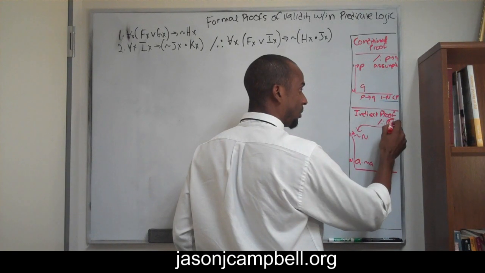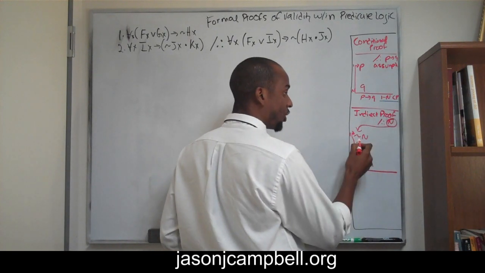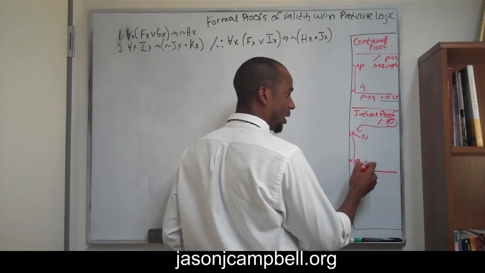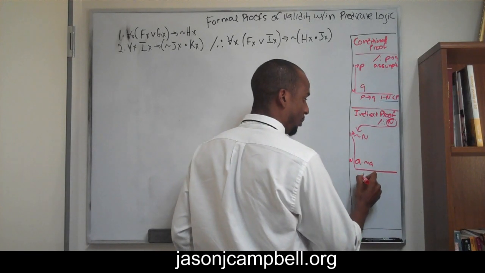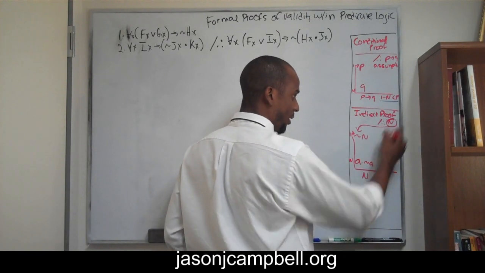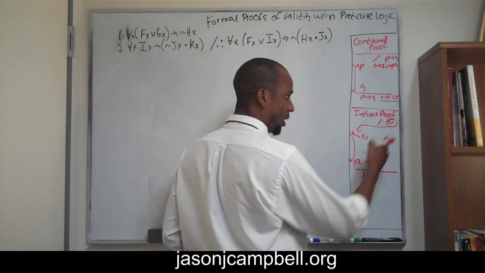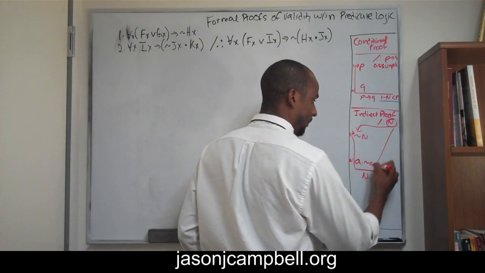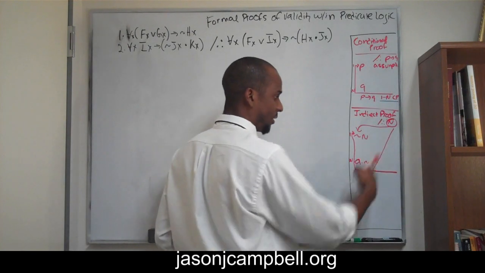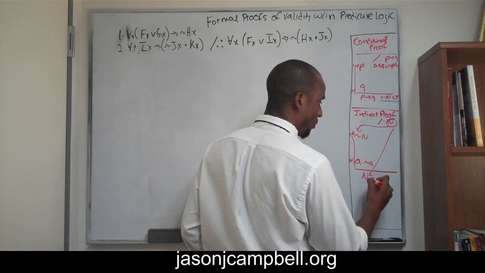Why? Because the negation of this conclusion led to a contradiction. So we put whatever n is down here. We're not using not n anymore because that led to a contradiction. We reaffirm n, and the justification for this is line 1 through n,